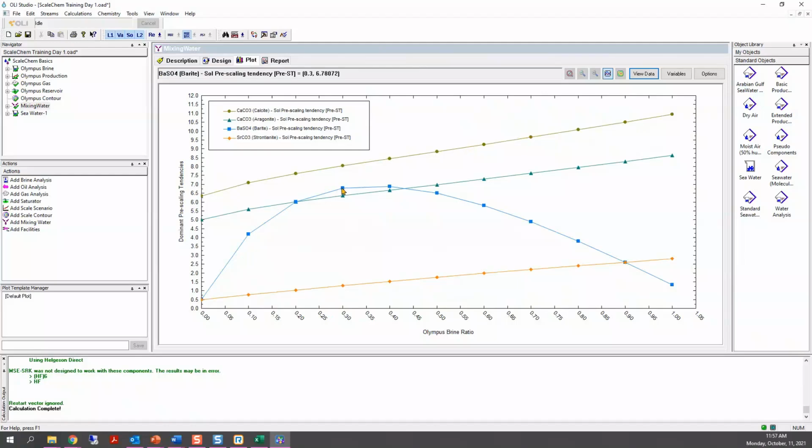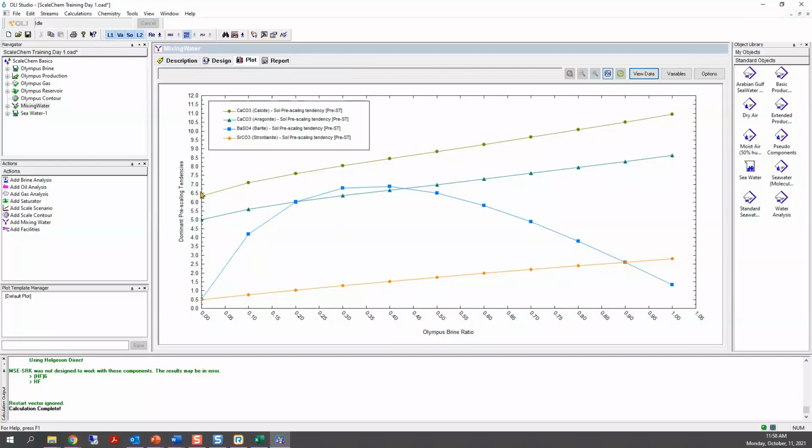And it's telling you that this ratio at 30%, or 0.3, so that will mean 30 cubic meters of the Olympus brine and 70 of the seawater will give you the highest precipitation of barite at this condition.